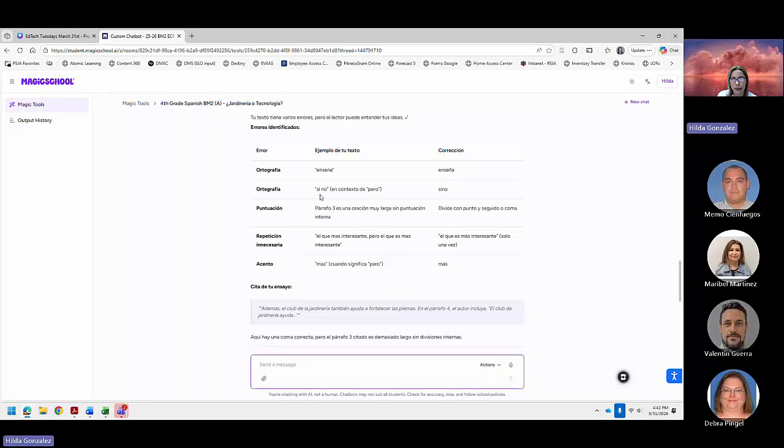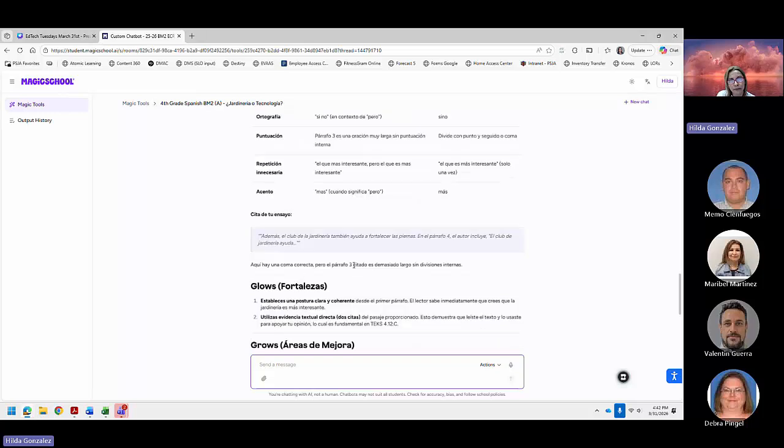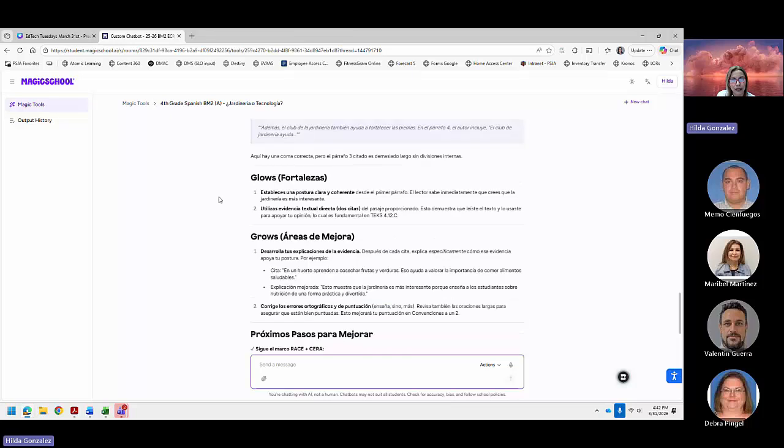See, instead of separate, it's together. Punctuation, repetition, the acento. So it's like, wow. It's really wow. Okay, so again, growth is good. Everything is coherent. Textual evidence, she has two sites,